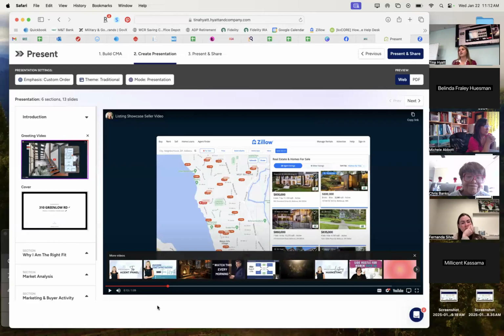Wow, that's awesome. So it has to be a Zillow approved photographer because the photography has to meet their standards. Those of you that have been in the business for a little while might remember the old Zillow showcase listings. As an agent, you could sign up and pay to be a showcase listing agent. It's a similar concept, but we had to be approved to be able to offer this to our clients.